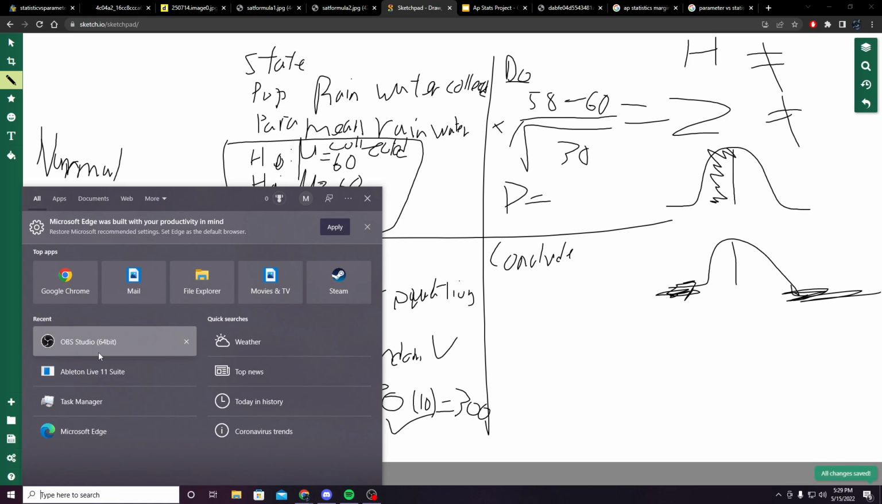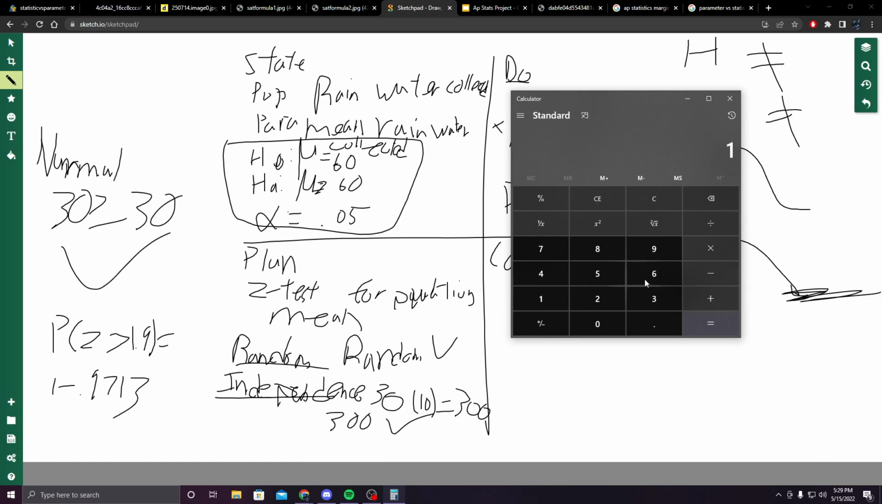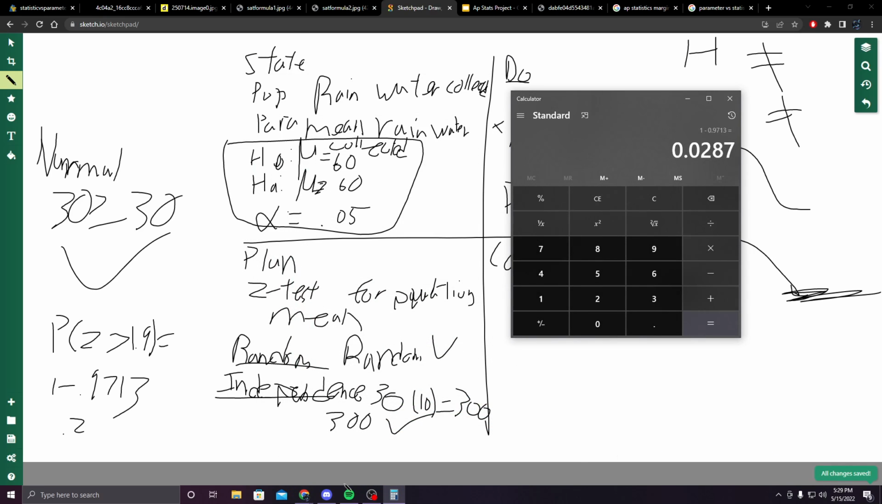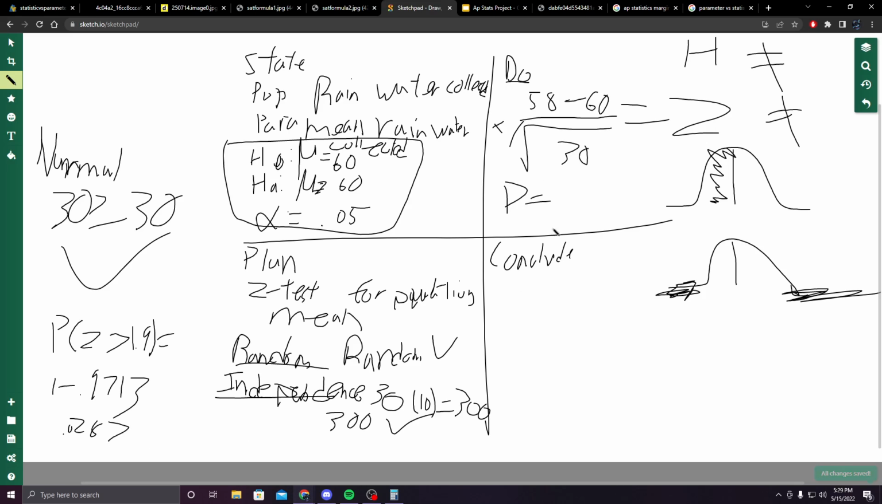If you pull up the calculator, 1 minus 0.9713, you get 0.0287. Now, the p-value is 0.0287. What you can do with this is see if it is greater than or less than the alpha value given, and because this is less than the alpha value given,